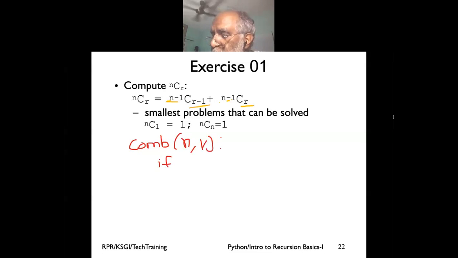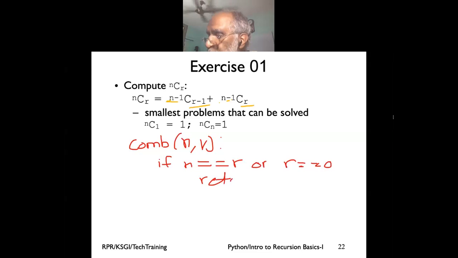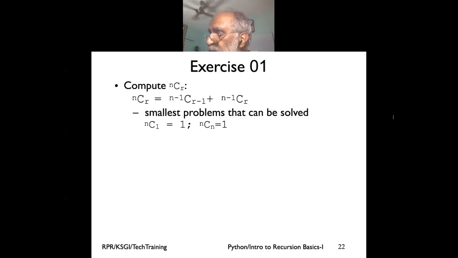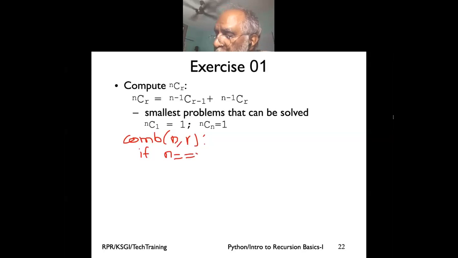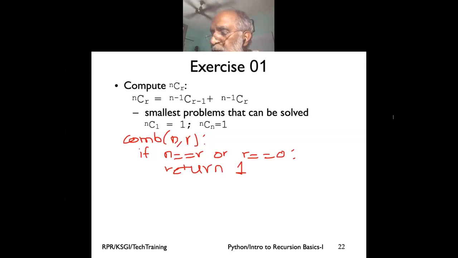I would say: if n is equal to r or r is equal to 0, return 1. Else,